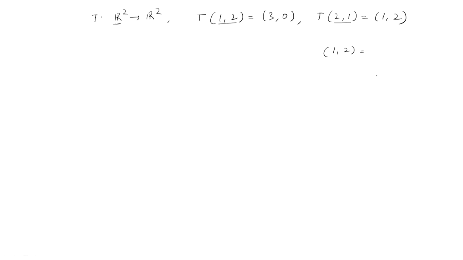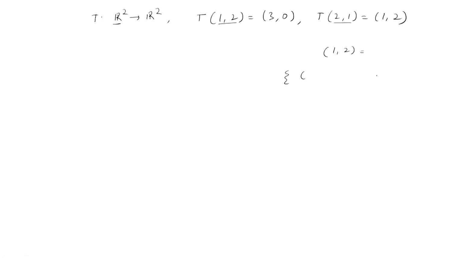Now, what will be the dimension of R2? The dimension of R2 will be 2, and if there exist any two linearly independent vectors in R2, that will be a basis of R2. I mean, the span of those two elements will generate the entire vector space. Now, for these elements (1, 2) and (2, 1) in R2, the span of these two elements will definitely be R2 because they are linearly independent.